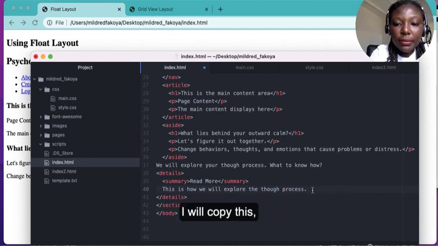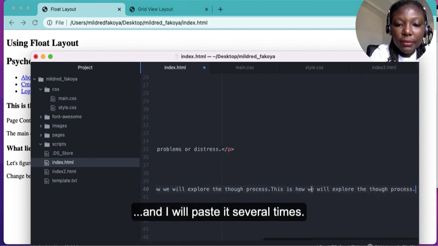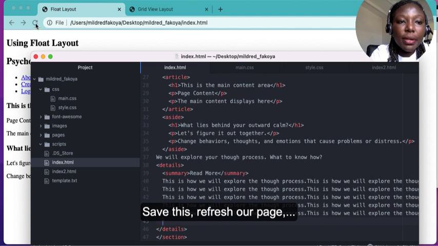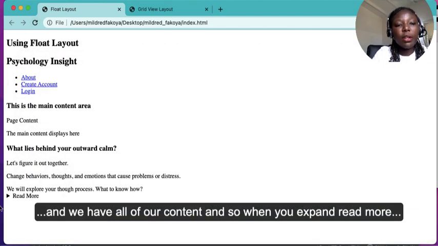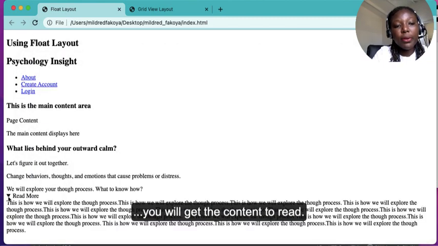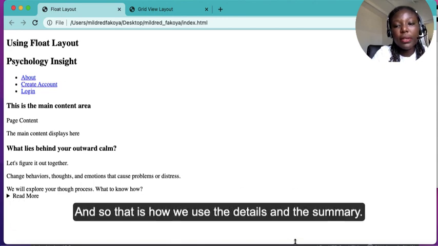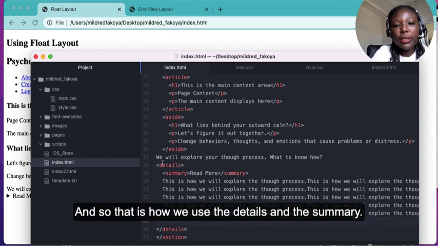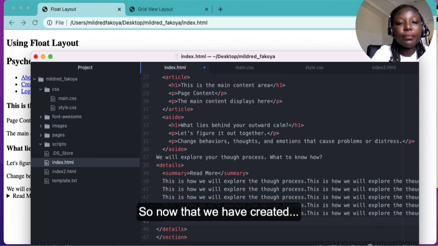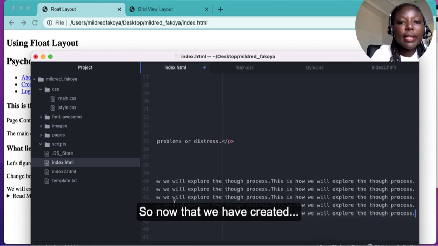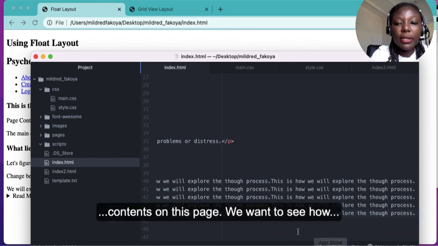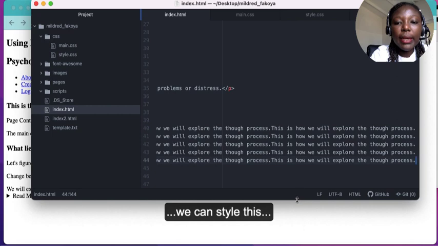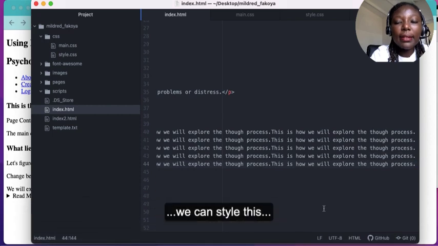I'll copy this and I'll paste it several times. Save this, refresh our page, and we have all of our content. So when you expand read more, you will get the content to read. And so that is how we use the details and the summary. So now that we have created content on this page, we want to see how we can style this